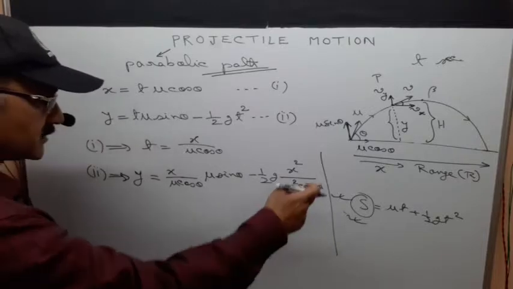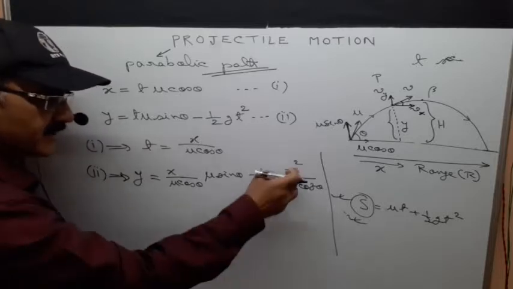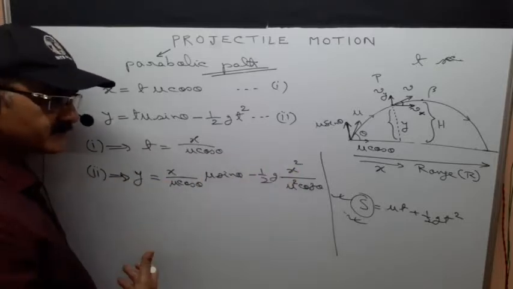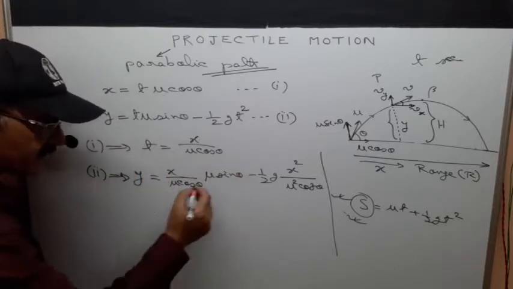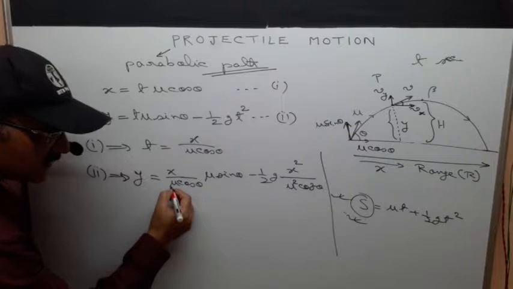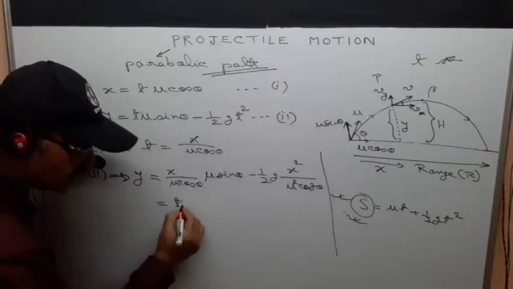Okay, now see in this equation there is no t. What we have? We have only x and y. The variables we have are only x and y. So we can simplify it. This u will cancel out. Sin theta by cos theta will become tan theta. So this will be tan theta